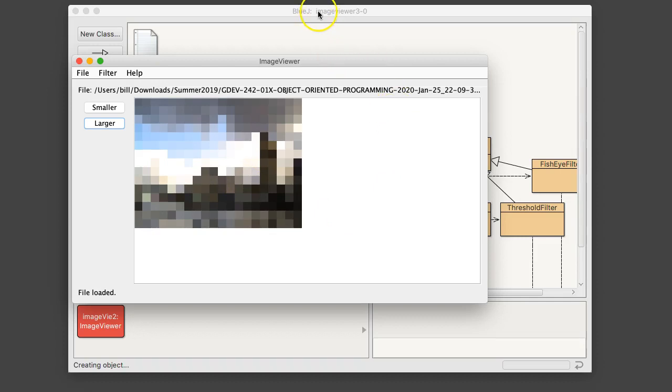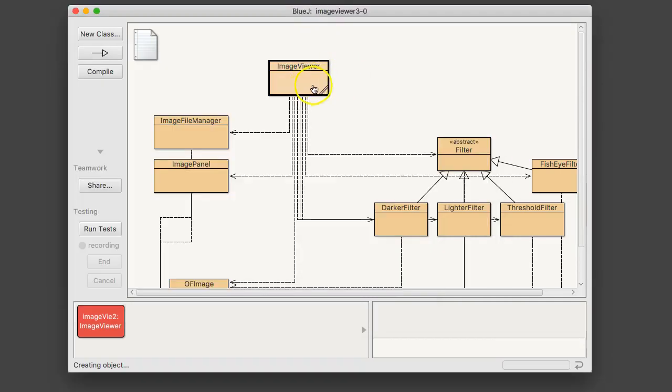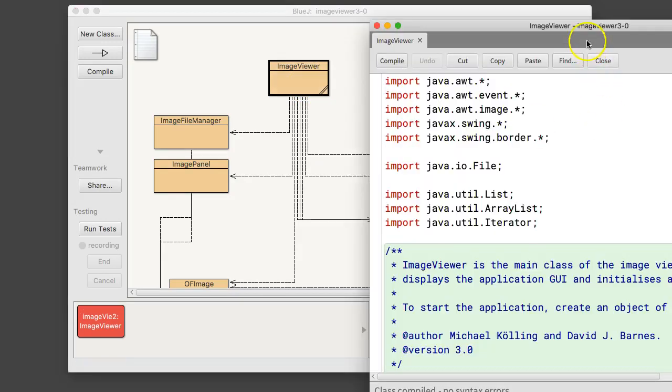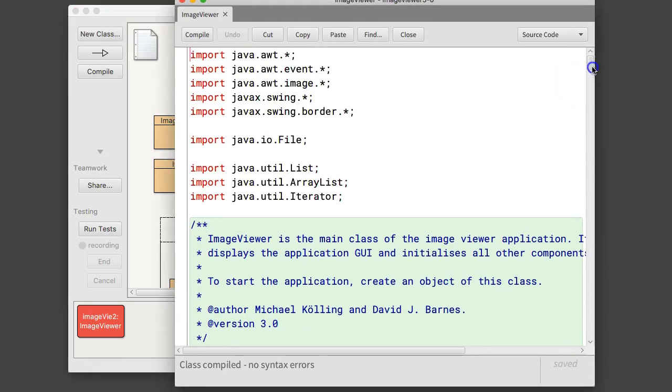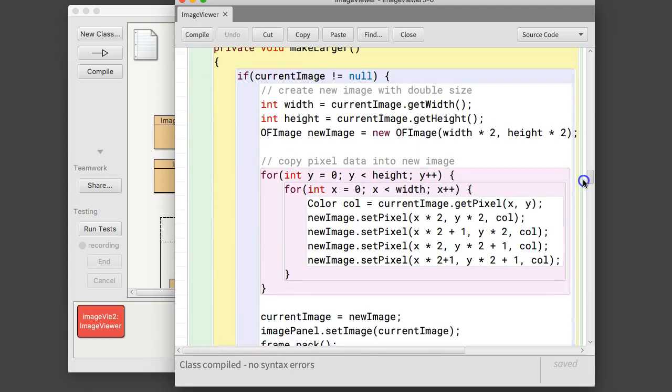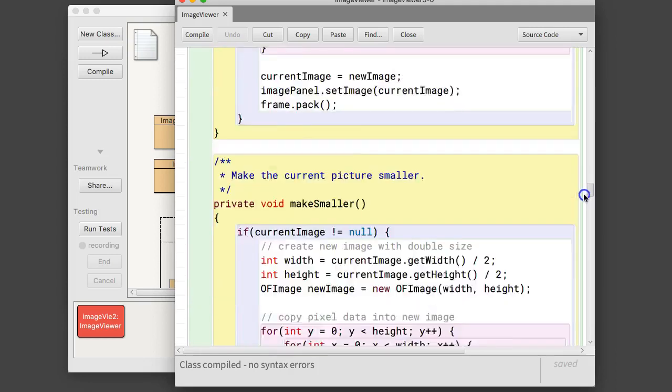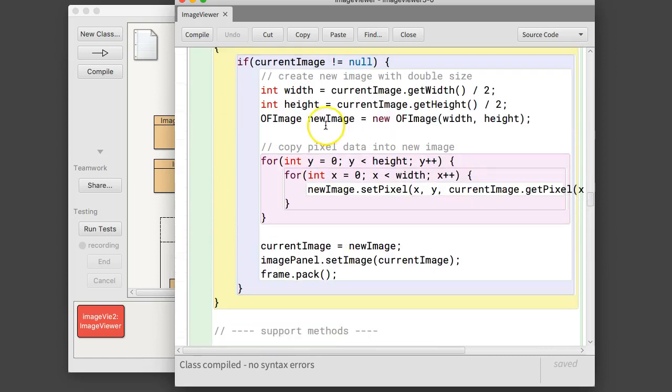So if we just go and look at the code for that, this code is embedded inside of ImageViewer. And if we scroll down quite a bit, here is the make larger method. Here is the make smaller method. So if the image is not null, ask the image how wide is it, and take half of that. Ask the image how tall is it, take half of that. Make a new image object, then go over for a loop for the new half height for every column in the half width. Set the pixel color to be